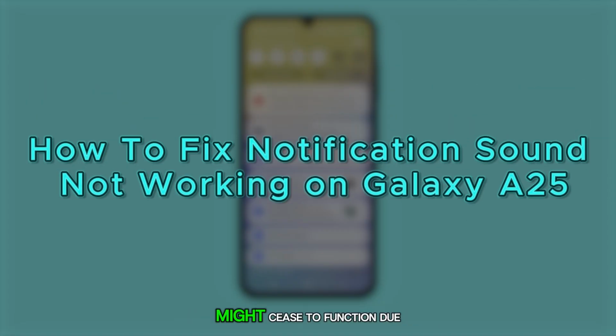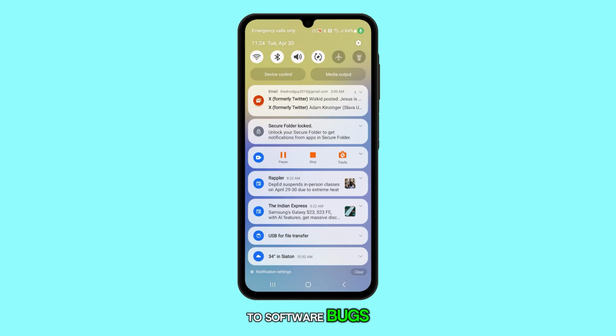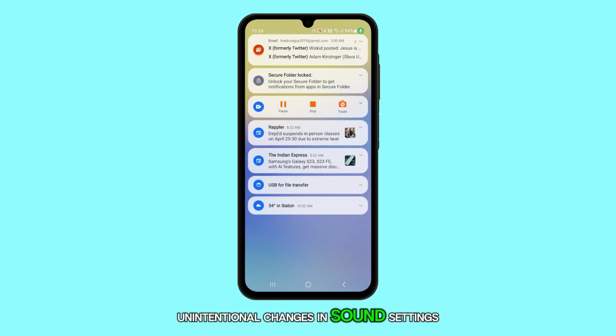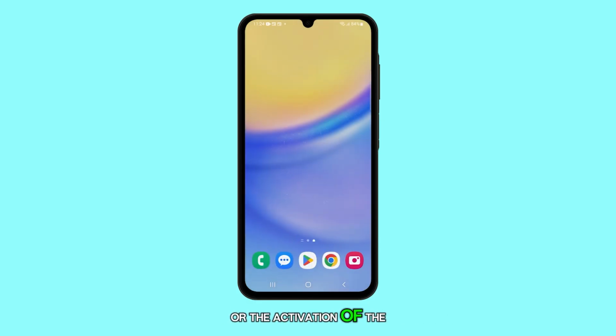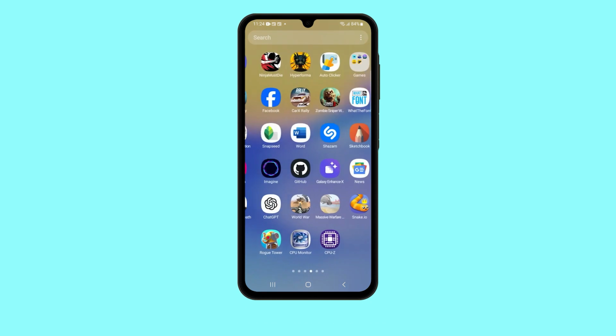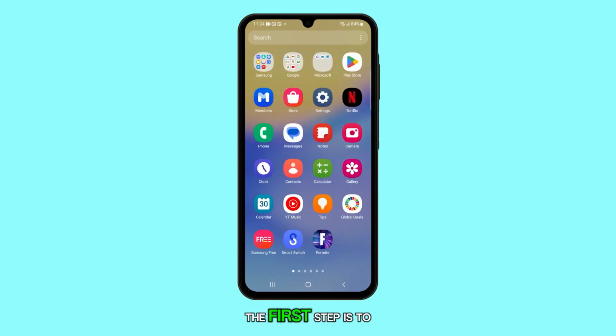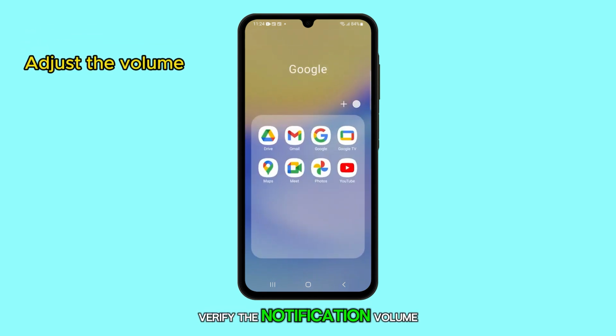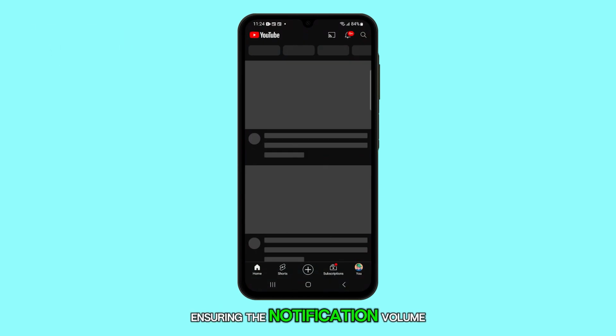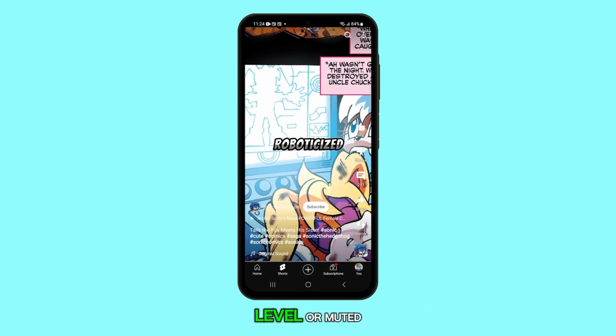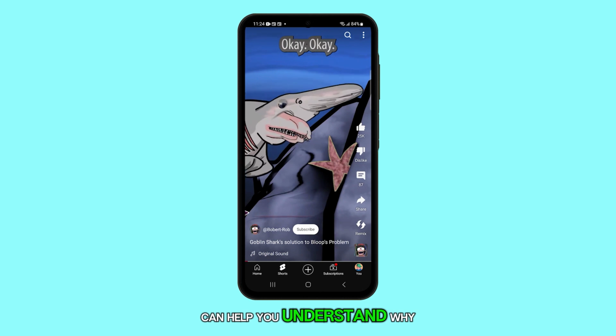The notification sound on your Galaxy A25 might cease to function due to software bugs, unintentional changes in sound settings, or the activation of the Do Not Disturb mode. If you're facing this issue, the first step is to verify the notification volume. Ensuring the notification volume isn't set to a low level or muted can help you understand why you're not hearing